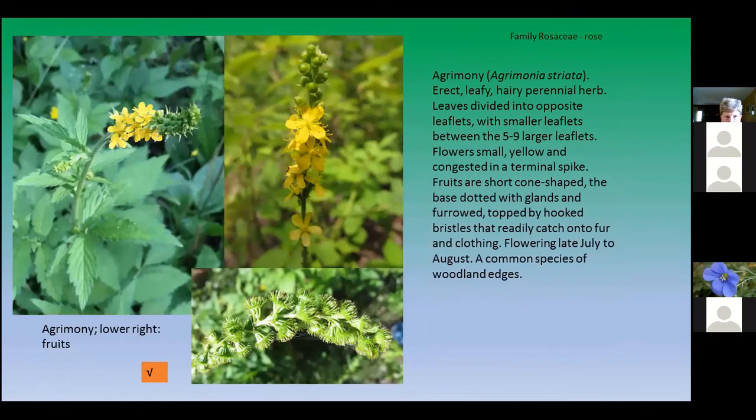Agrimony, a member of the rose family, is a common forest species, particularly in the more open areas. It has these yellow, somewhat rose-like flowers in the spike. It has pinnate divided leaves. You can't see them too well here. And most distinctive of all, the fruiting spikes, which have these cone-shaped